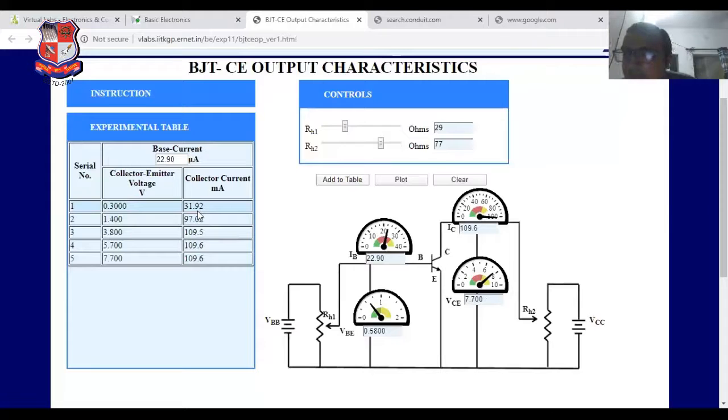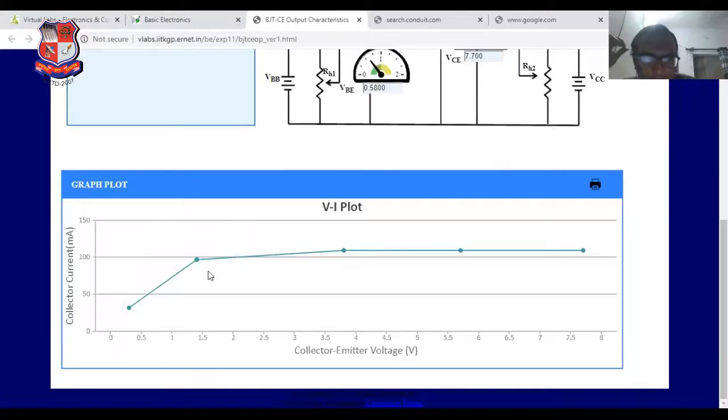In the starting portion of VCE, if you increase VCE from 0 to some level of voltage, at that time the collector current increases linearly. I have seen the readings: first it increases by 5 units, then 4, then 3, then it is considered constant. So the current increases at the start, then can be considered constant, like that particular path. This type of shape can be developed. Now see if you plot these characteristics. In the starting portion of the region, current is increased.